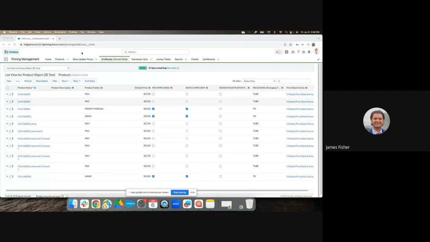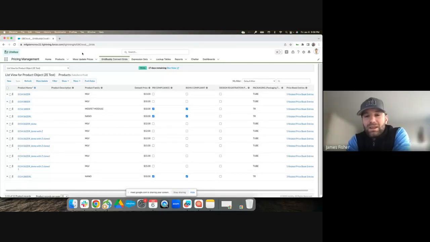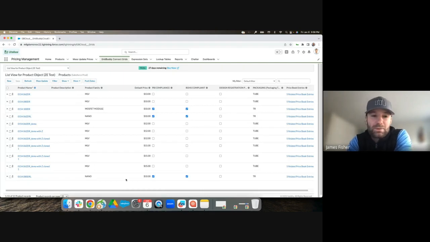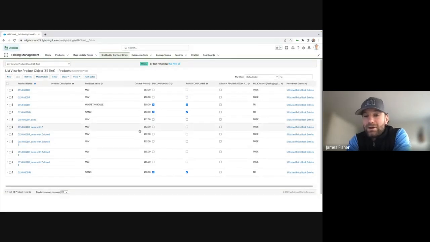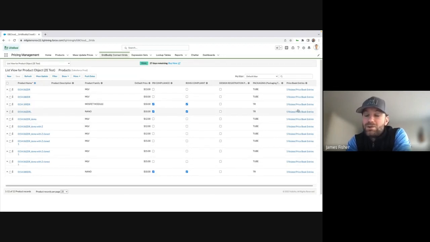Creating a report, if you will, with inline editing. So be able to see products within different price books, filter them down, and then actually edit them right then and there, almost kind of like Excel. And so we talked with Mort about this a little bit, and the level of customization to do this without